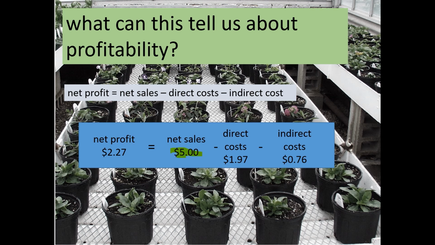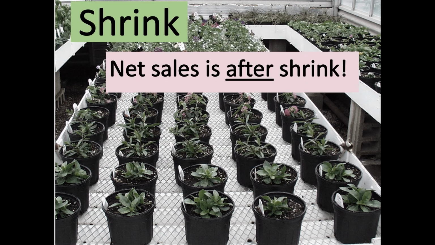And that's not a fair assumption, right? We know that we have some shrink, and so we need to account for our shrink in here. Shrink is the amount that we don't sell because, well, we'll talk about it. So shrink is our net sales after our shrink. It's what we didn't sell, maybe because we needed to have a certain amount of inventory just to have bench appeal to our customers. That's the good kind of shrink.